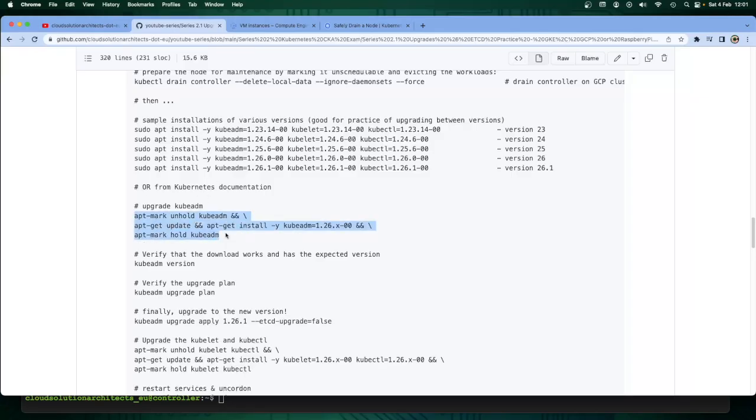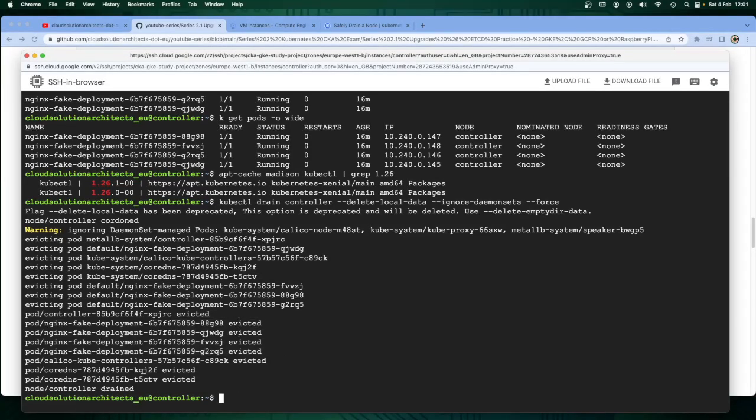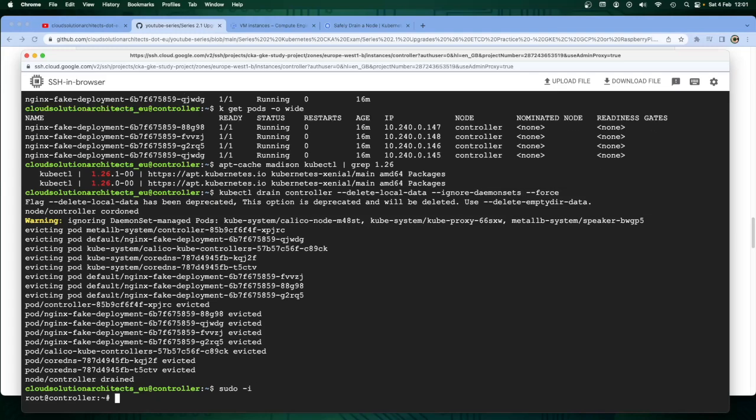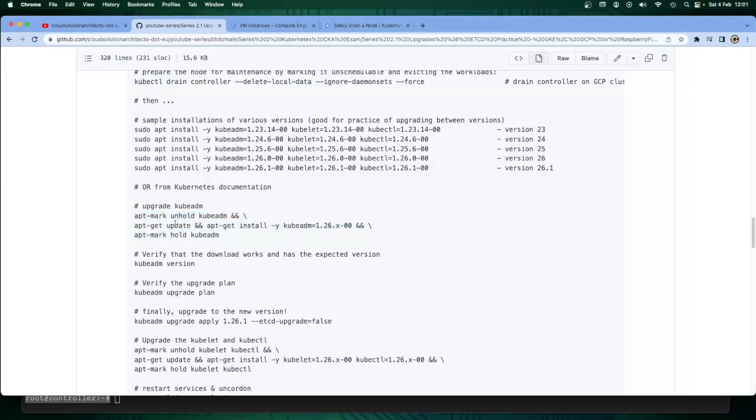And I'm just going to continue with the documentation way. I make sure that I follow that. So first of all, I'm going to sudo into my pod. I'm actually on my root now. I'm in as root onto my pod, and I'm going to take the command that was just shown a second ago. We're going to unhold kubeadm, and install that patch version for kubeadm. And then we're going to mark it back on hold so that nothing can interfere or upgrade